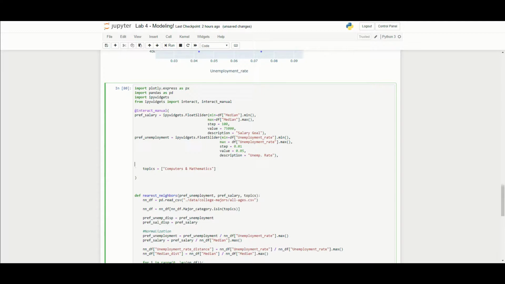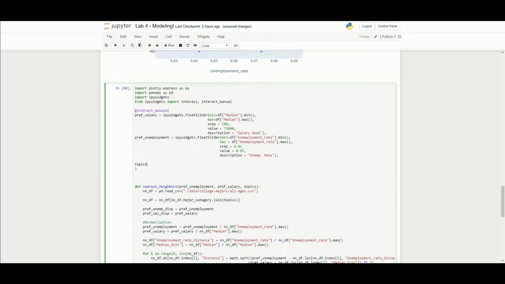All right, and then on this one, we're going to do something slightly different. We're going to have topics. Here we need to create a list, so we're going to use a different widget called a select multiple, and this will let users choose which domains they want. Our options in this particular case will be equal to BF major category unique